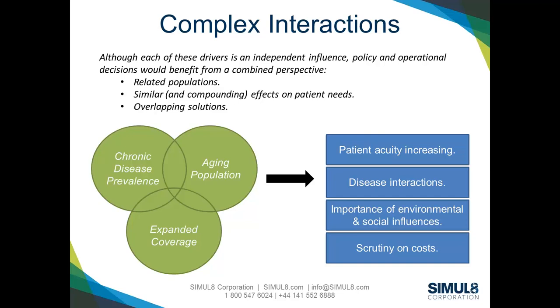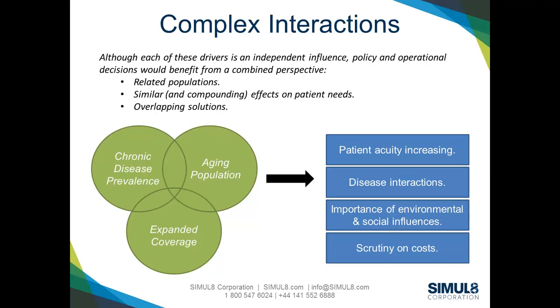And then most importantly, if I look at, for example, these three, while they're all independent drivers of things that are happening, really the solutions, the things that we're going to need to do to address the needs of increasing chronic disease, the things that we're going to need to do to address the aging population, they're often overlapping solutions, right? And we can hit multiple areas at the same time if we plan it well and we structure it well. And so really looking at it from this combined perspective, there's just a few examples there on the right